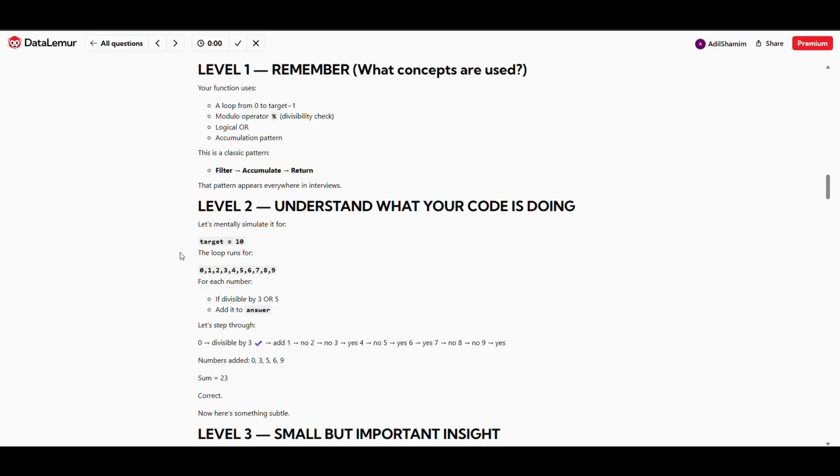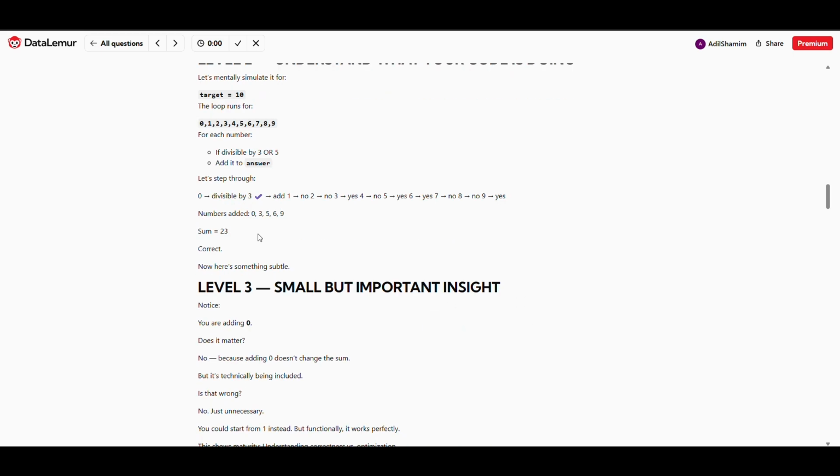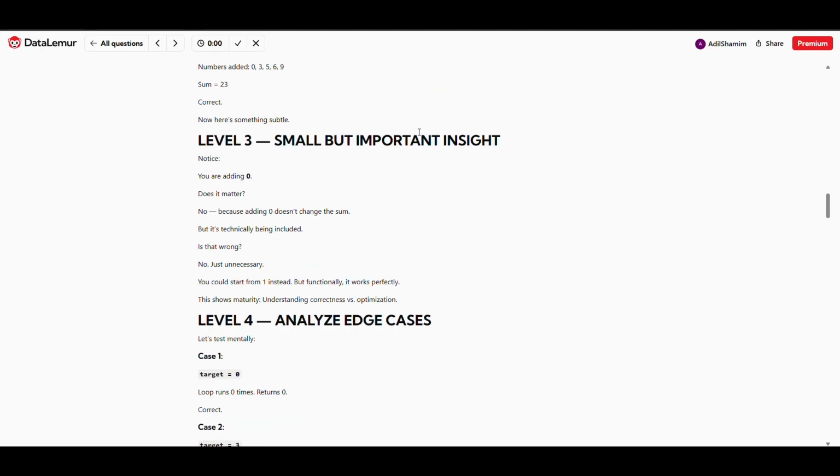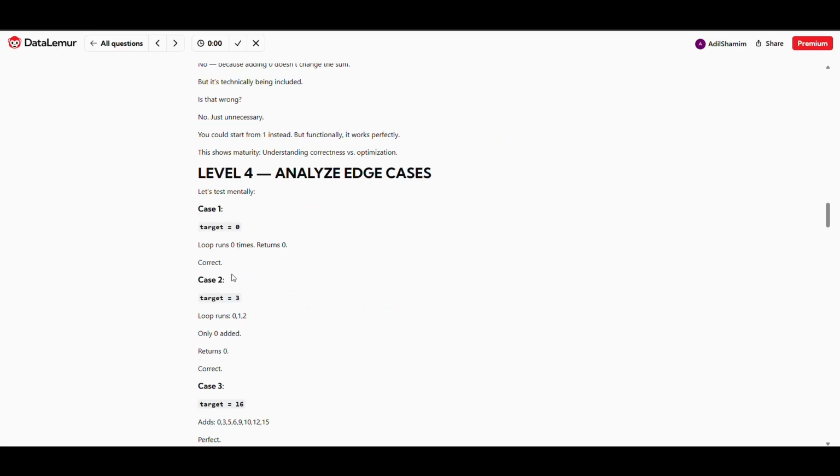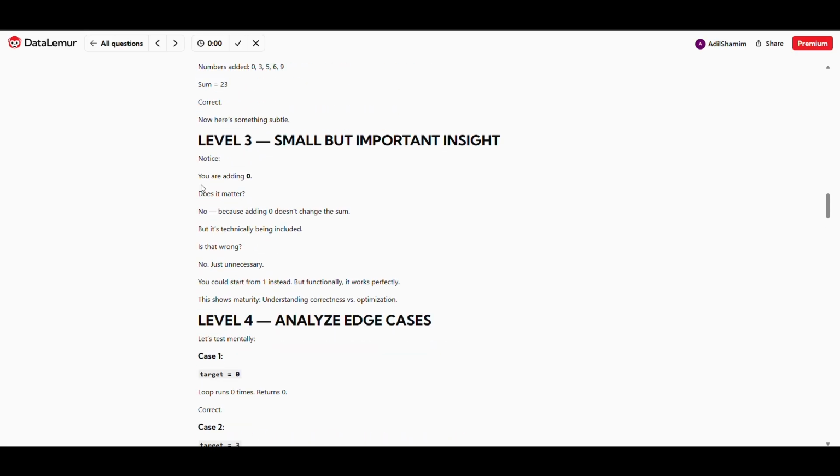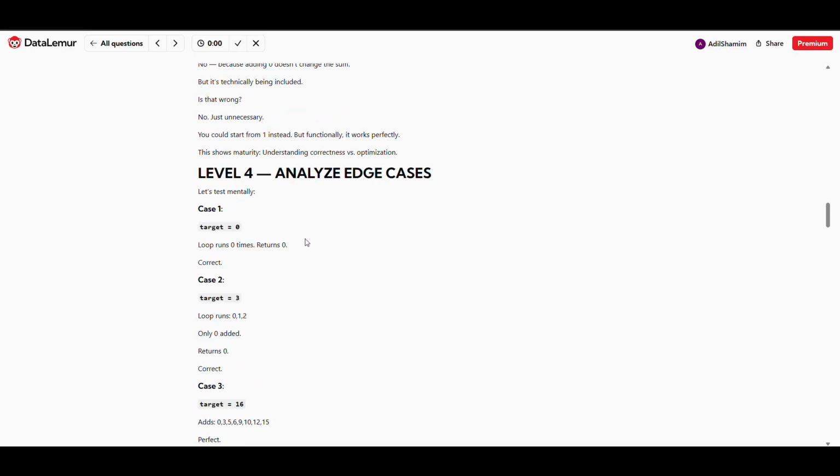For the target, we expand the same example, 10. We just start with this, add this to the answer. So we divide by 3, is it 1? No. And this number is like 0. It's not 1. After we find this, we find this number, and 0 is not countable. Small but important. Like this case, adding 0 doesn't matter. After we completed